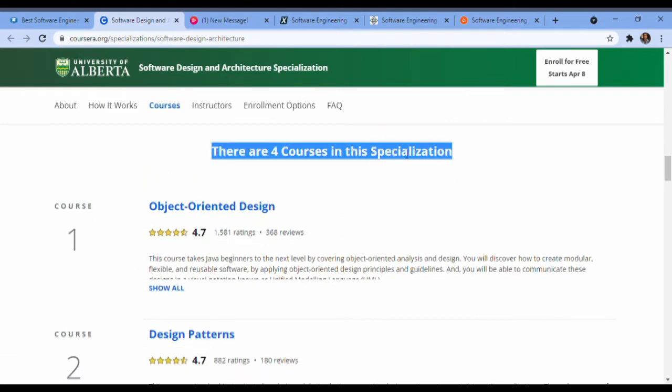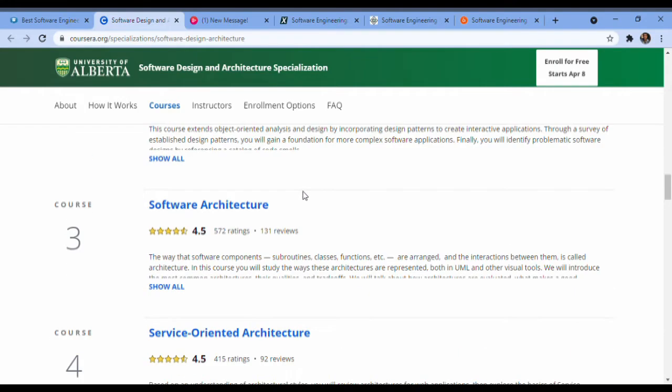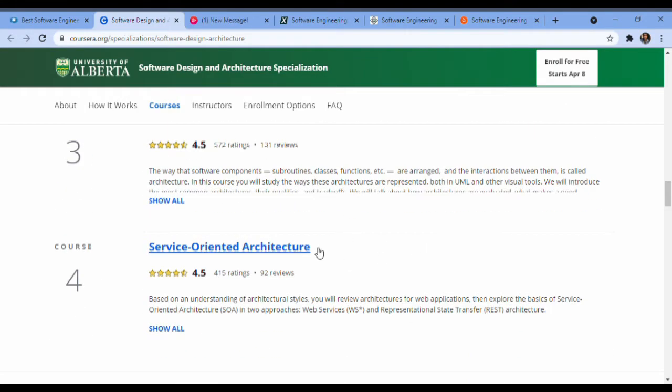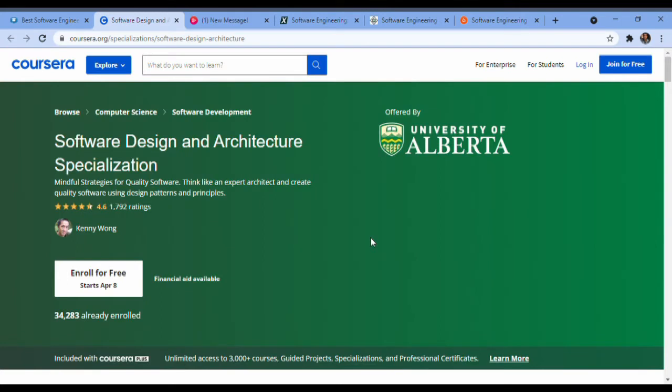There are 4 courses in this specialization. It is not a single course. The specialization consists of 4 courses: object oriented design, design patterns, software architecture and service oriented architecture. So through this course you will learn from basic to advanced level software engineering,